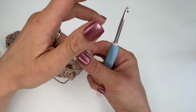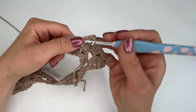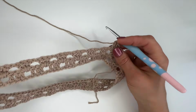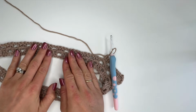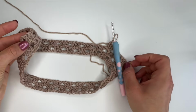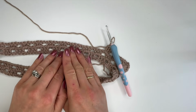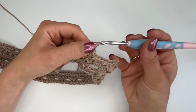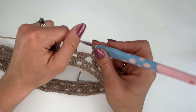However, if you are working a size that needs shoulder increases, I'm going to show you now on this example how we do that. It's not difficult, don't worry, you know all of the things that you need to know in order to do it. But shoulder increases need to happen where your shoulders are going to be. So we're going to need to add a granny cluster in at the midpoint of these 2 chain 2 spaces, and it's all detailed in the pattern as to where they need to be and how many granny clusters you work between them. But what we're going to imagine, I'm going to work another one here, and then what we will do is pretend that the next granny cluster is going to be the midpoint between your 2 chain spaces,